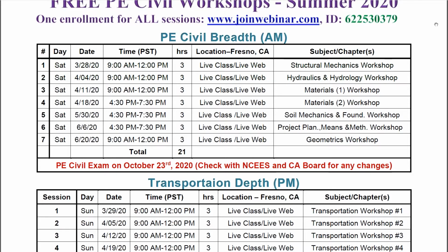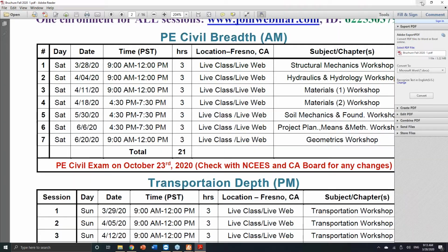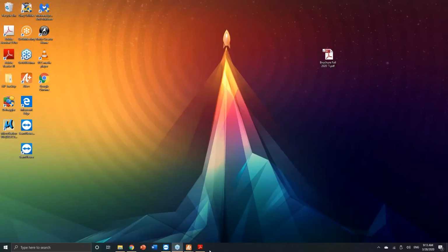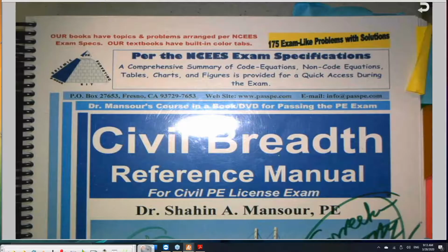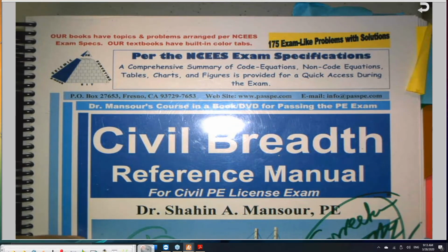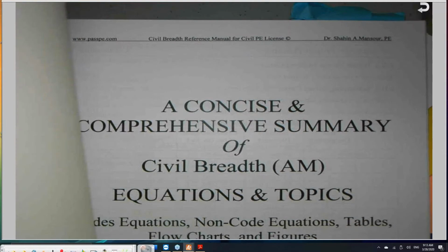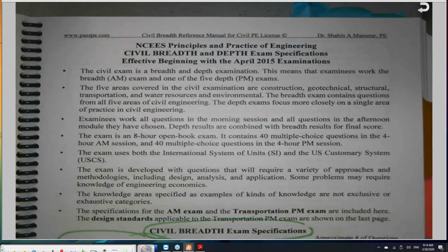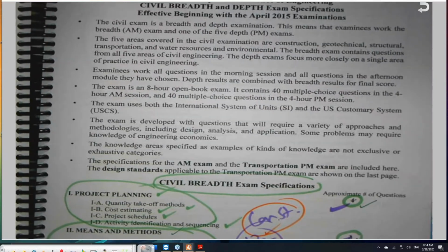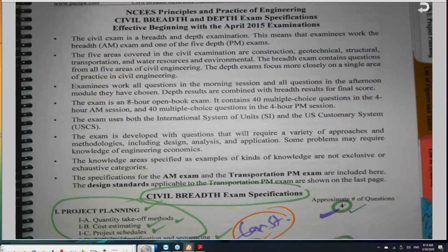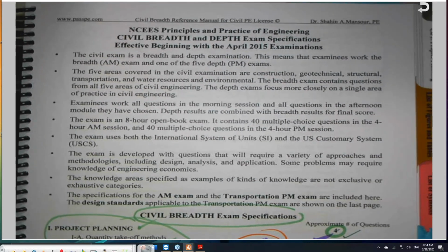Structural mechanics. As all of you know, the NCEES has exam specifications, and all of you are familiar with them. The exam specifications are given on their website, and I encourage everybody to visit the NCEES website from time to time to make sure that